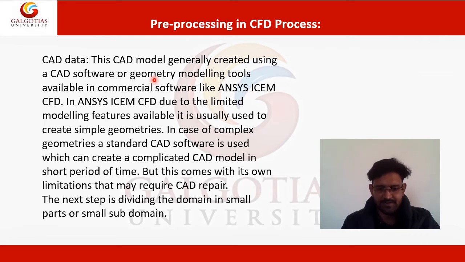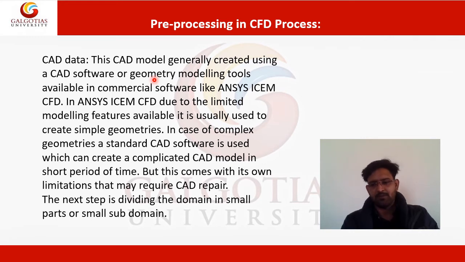Once the grid is generated, the next step is to define boundary tags and domain tags, meaning boundary conditions. The boundary tags involve labeling the surfaces of the domain with labels like inlet, outlet, or wall. The domain tags involve labeling the volume as solid or fluid. All this information is then exported in the correct file format that the CFD solver can understand. To summarize, the overall pre-processing activity involves geometry modeling, grid generation, boundary tagging, and grid export.